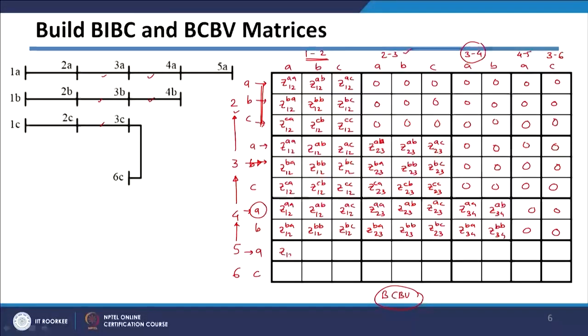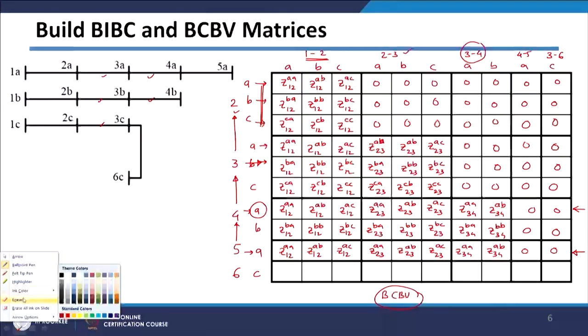So, Z 1 2 AA, Z 1 2 AB, Z 1 2 AC, Z 2 3 AA, Z 2 3 AB, Z 2 3 AC, Z 3 4 AA, Z 3 4 AB and 0 0. So, I just copied this particular row and pasted it here, and as I told you, next step is basically,